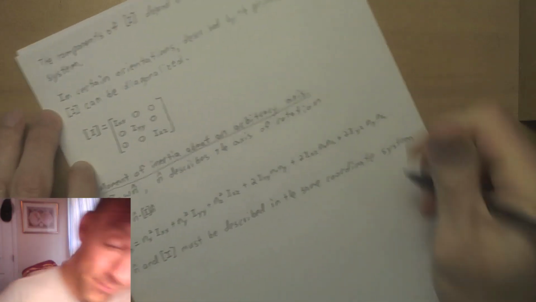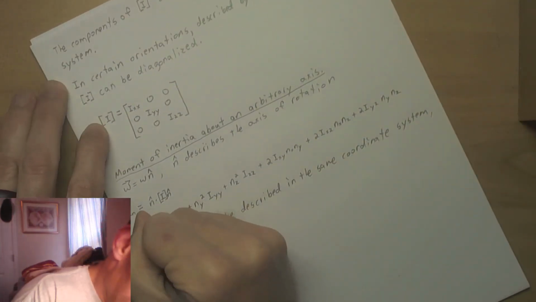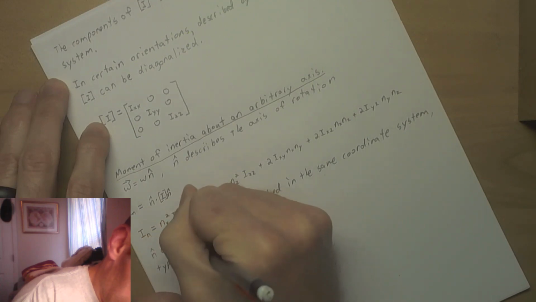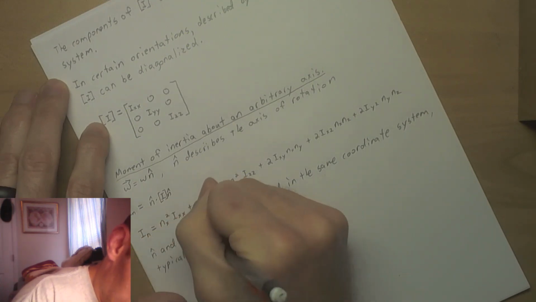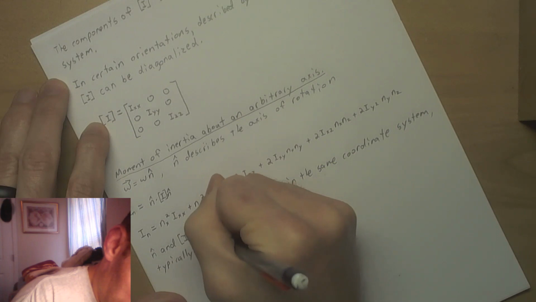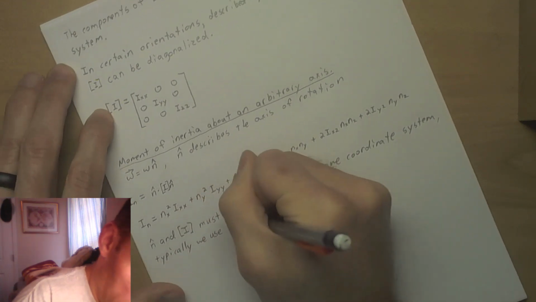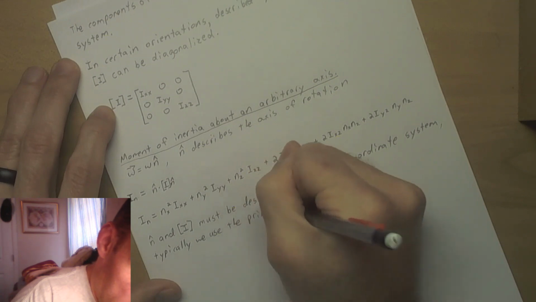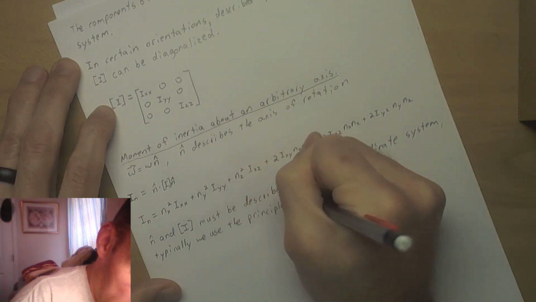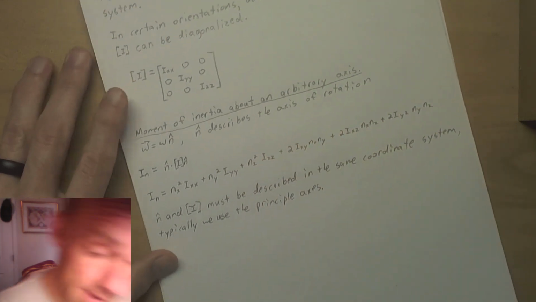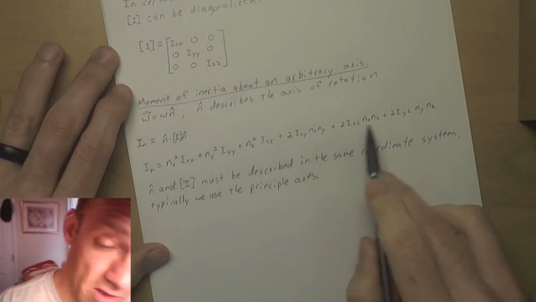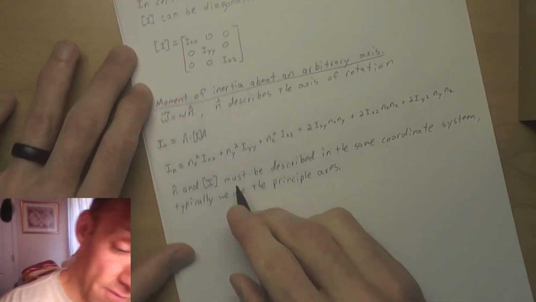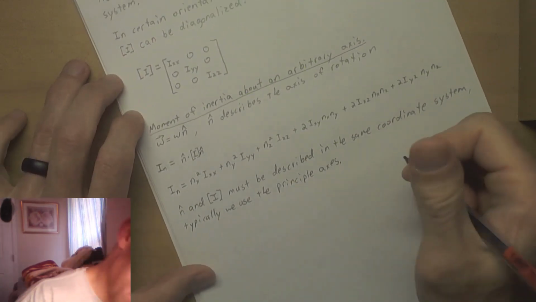Typically, we use the principal coordinate system, or the principal axes, in which case these will be 0, right? So if the principal axes are used,